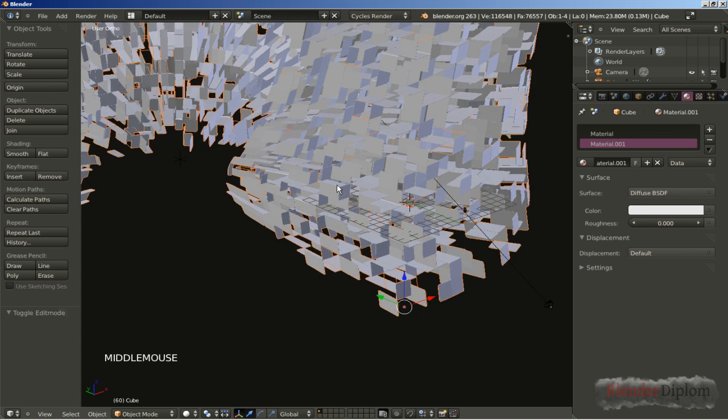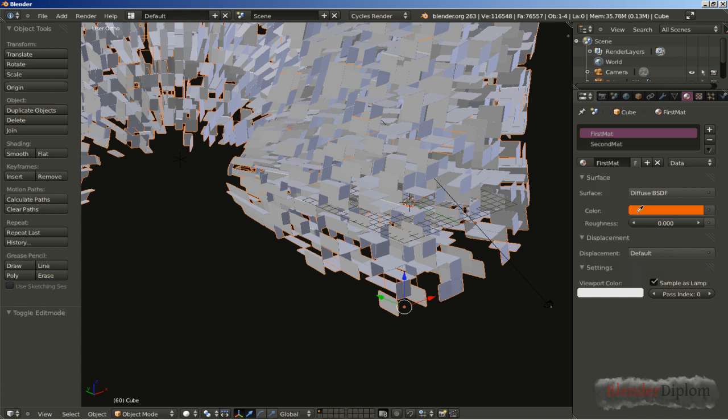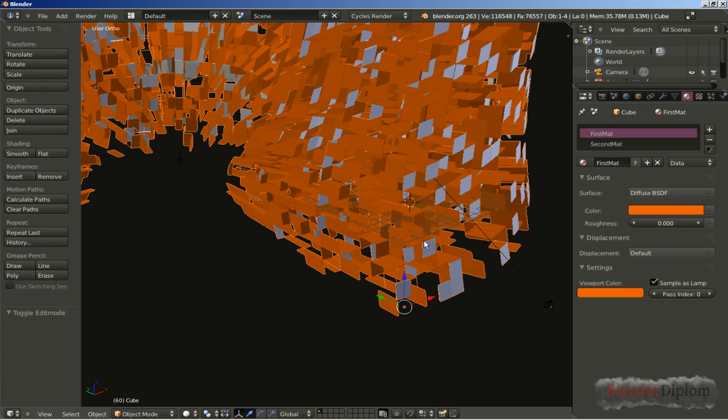and just so I can see how it looks in my viewport, I'm moving to the first material here, and let's change the names. This one is the first material, and this one is the second material. And for the first one, I'll click right here and expand the settings, and I'll click on the viewport color and select the sampler here, and I'll just click in the diffuse color here